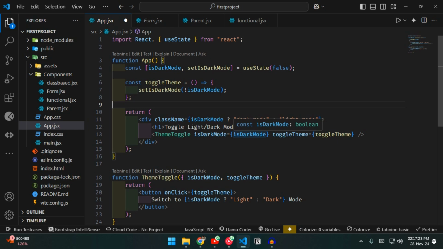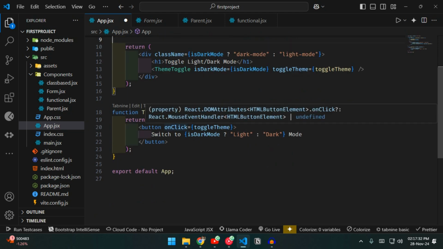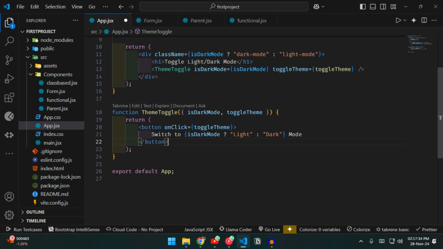And here I created that component, a functional component. I explained that in the last videos. This is a functional component which is taking props, and as I told you, we can destructure them.